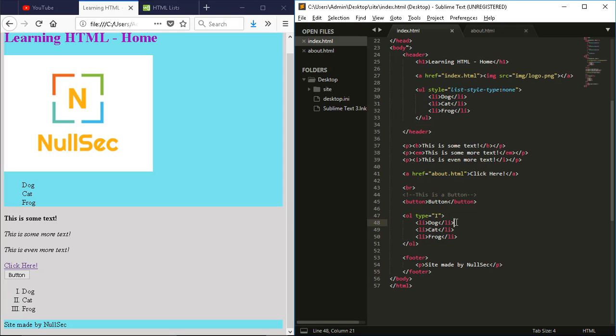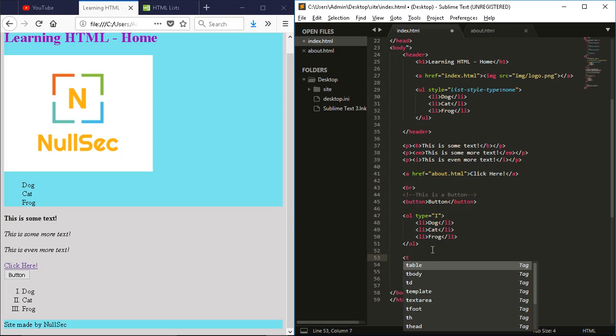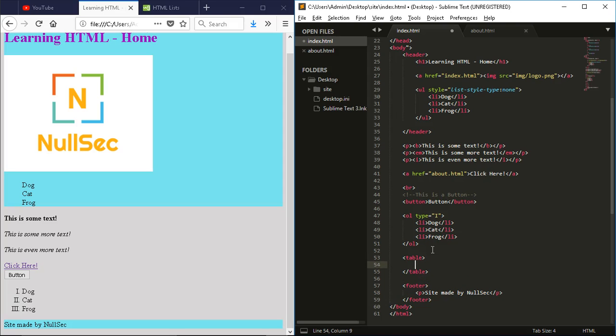Now I've shown you that, let's move to the next one. So tables is what we're going to do next. So let's create a table. So how would you do that? Well, let's just type table as a tag, just like that. Now in between this, we want to create table areas, like table headings. So the top of the table, the categories, for example. So if we go th for table head, let's say